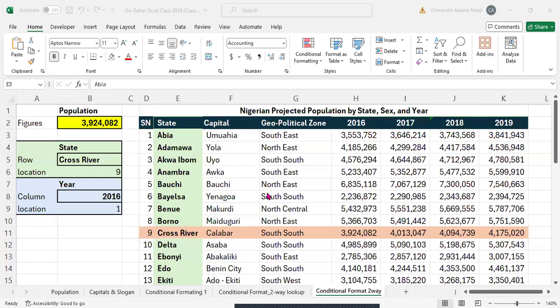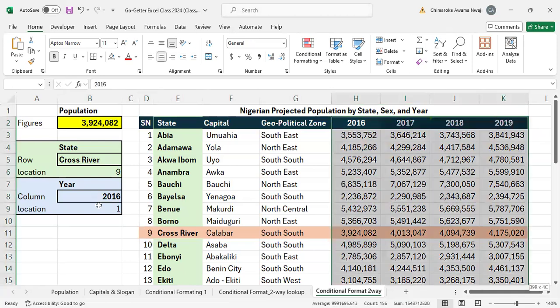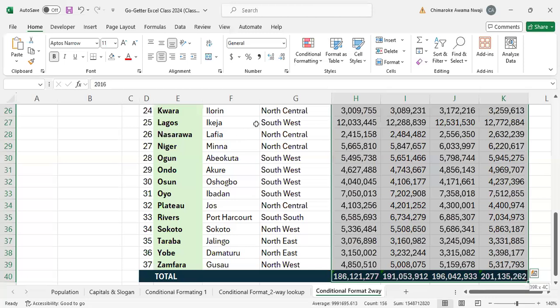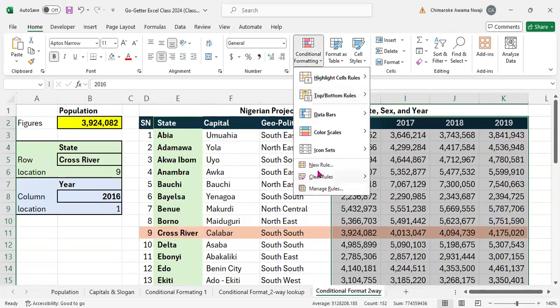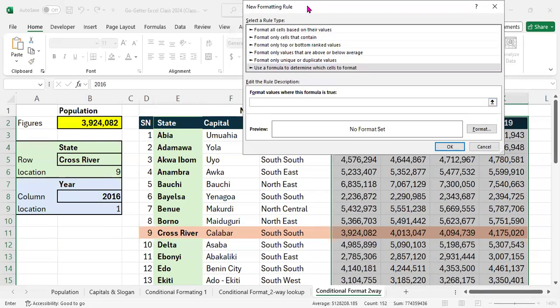All right, we can decide to do them one after the other, so that instead of doing the OR, there are two conditional formatting rules. So we can decide to do a second one. Let's do a second one. Conditional formatting, new rule, use a formula. So we can say